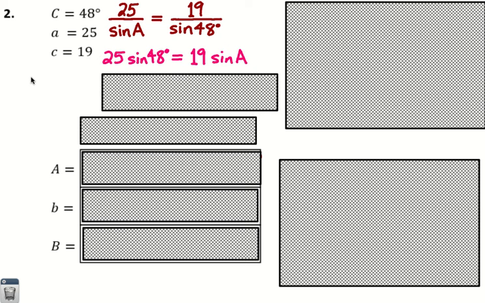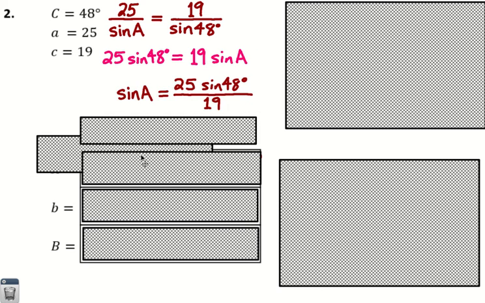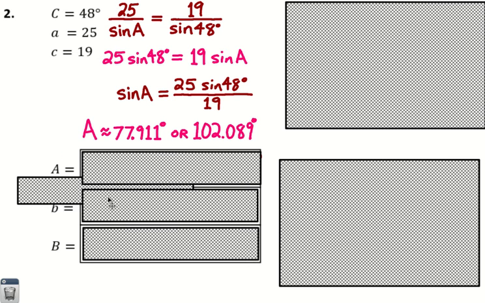And then all we can really do is get the sine of A by itself. It's not going to be that simple to get big A by itself. We're going to have to get the sine of A by itself. And then what are we going to do to find what big A is? Well, we're going to do the inverse sine